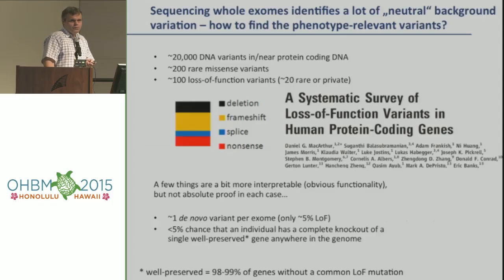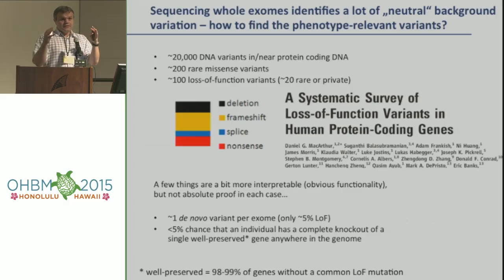So we have a lot of rare variation in the genome. If you sequence your genome, you will find many very rare variants there, and you have no idea just from the sequence whether they have a functional consequence or not. Just to give you a flavor, if you sequence one individual, you find about 200 rare missense variants. That means variants that lead to an amino acid exchange. Or you find about 100 loss of function variants, and 20 of these loss of function variants